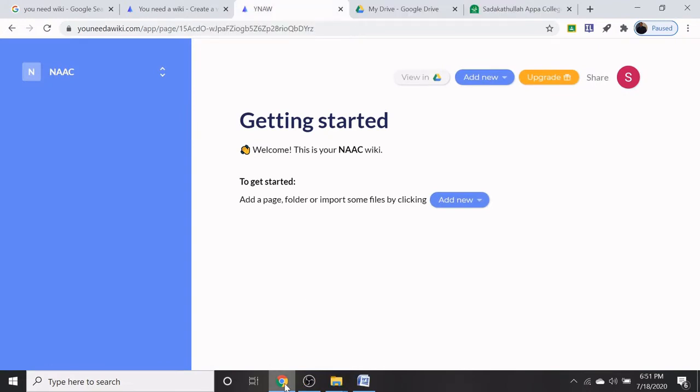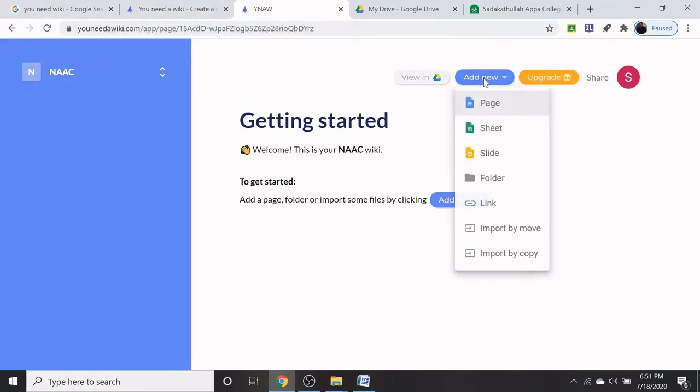When you skip, you will reach this getting started page. Now you can see the title or name you gave in the wiki name appears here in the left top. Now you can add any type of material such as a document, sheet, slide, folder or link by clicking on the add new button. Now we are going to add a folder,